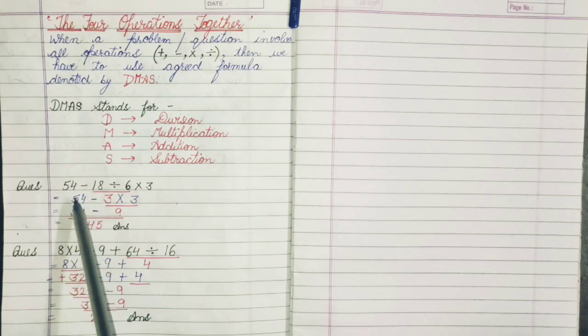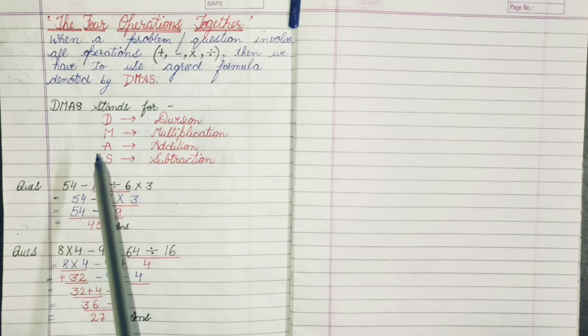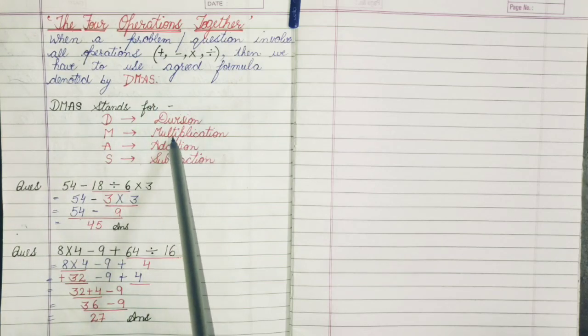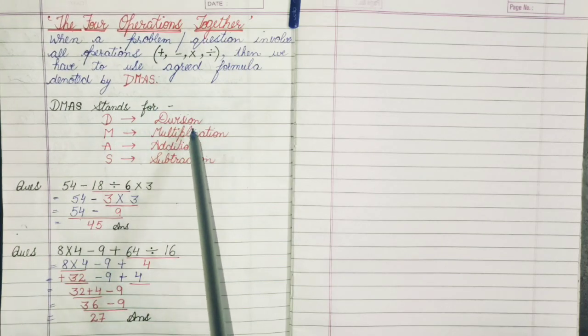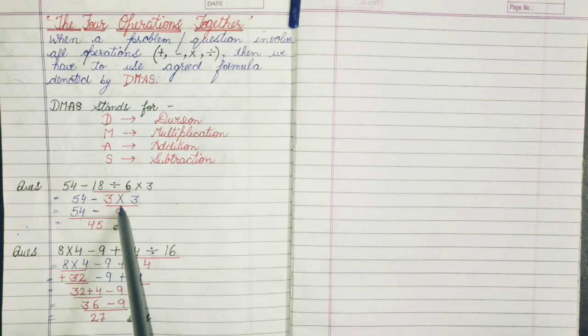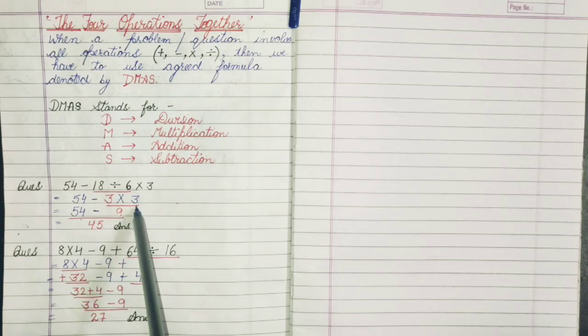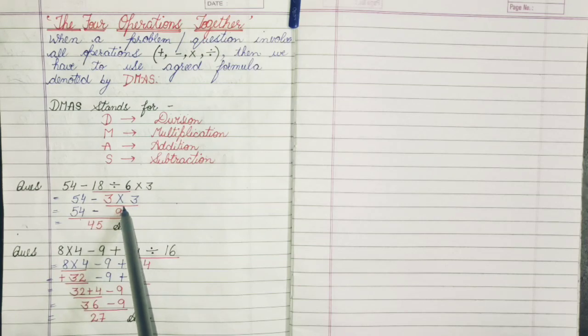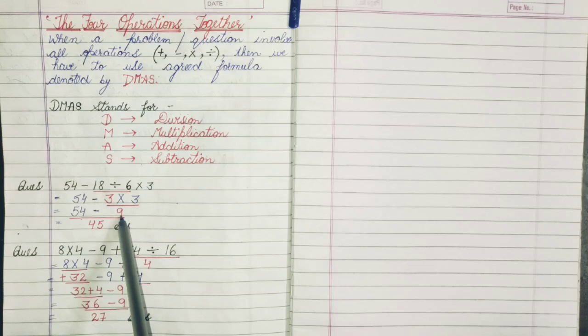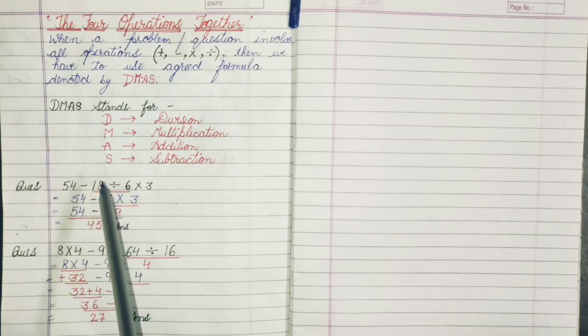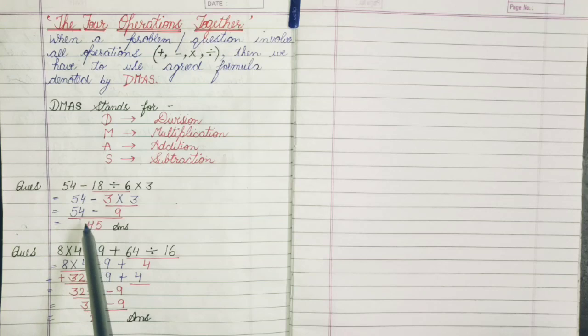Right? Now, let's move to the third step. Yes, what do we have to do? After division, we have to do multiplication. So we will underline the multiplication numbers. The two numbers which we have to multiply, we will underline, and we will write their answer below that. 3 threes are 9. So I have written 9 here. And you know this rule everyone, that whatever digits or numbers are left, we will copy them the same.